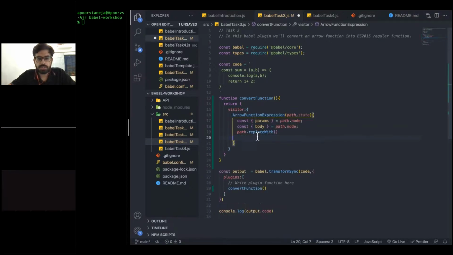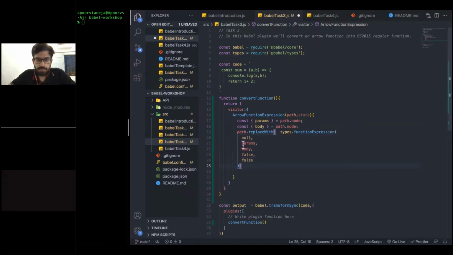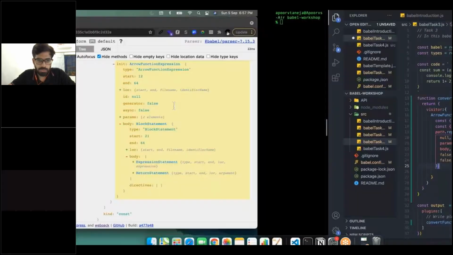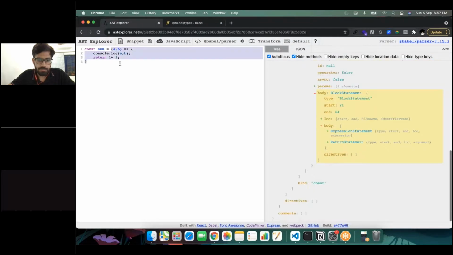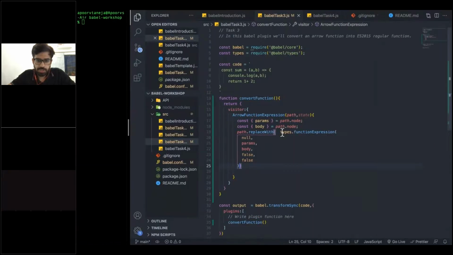So we'll just cut it and paste it here. We replace the path, the complete path, which is this, right? We'll replace it with the function expression which we generated just now. So if we run this,